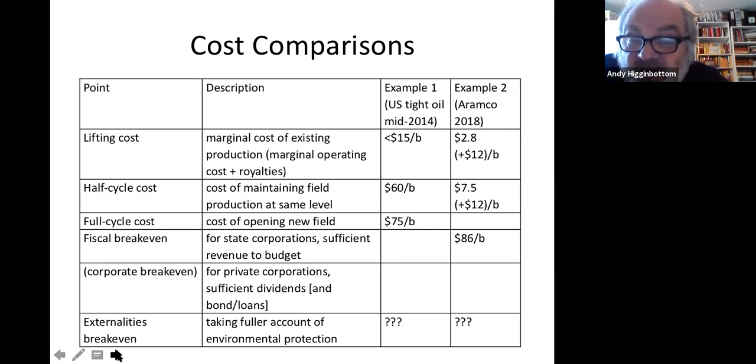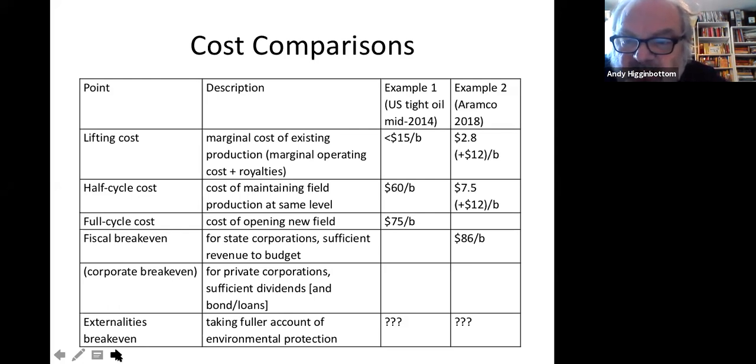And actually it's quite low even with shale oil. I mean, it's low, $15 a barrel. It's probably less than $10 a barrel now, proportionately. In Saudi Arabia, it's only $3 a barrel. So each extra barrel pumped in Saudi Arabia costs them less than $3, and sells for $60 or whatever. Huge markup. But also lifting cost includes by convention the marginal royalties per barrel, and that is important in